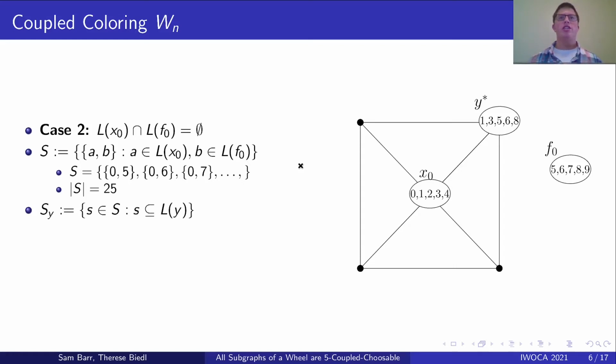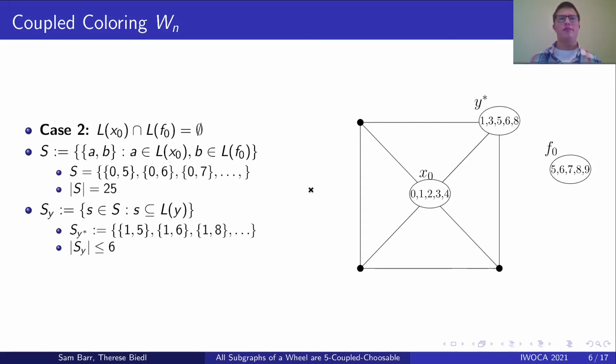For the rest of the vertices and faces of the wheel graph, we define S sub y to be the set of all pairs in S which are subsets of L of y. In this example on the right, for the vertex y star, the set S sub y star would contain the pairs 1,5, 1,6, 1,8, and so on. It wouldn't, however, contain the pair 0,5, because 0 was not present in the list of y star. And again, because the lists are of size 5, we know that the size of S sub y is at